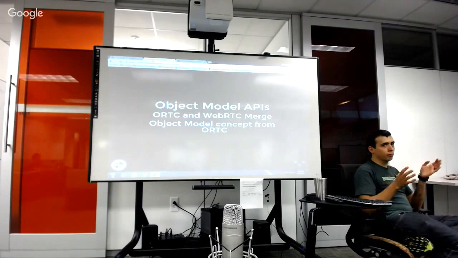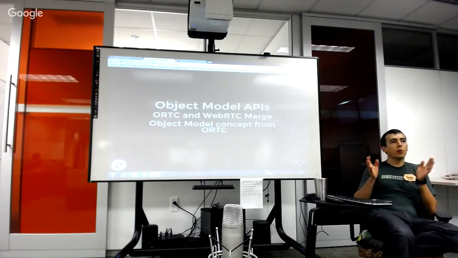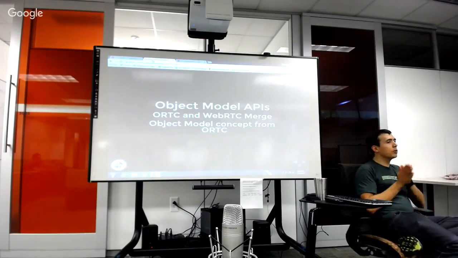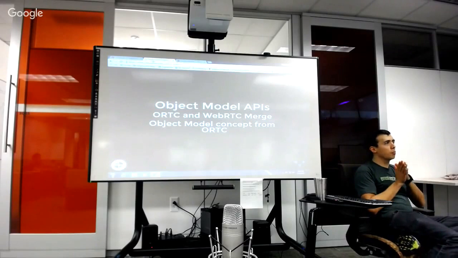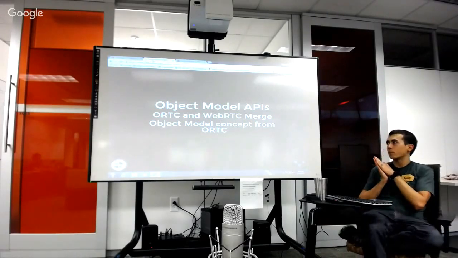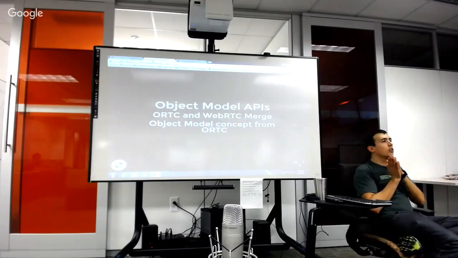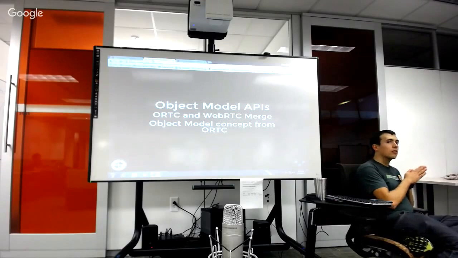I don't know if they're going to prefer one name to the other, but both APIs will live next to each other because they're really the same kind of things, same kind of end results, where ORTC provides a little bit more lower level control. Anything you can do in WebRTC, you can do in ORTC, but not necessarily the other way around.